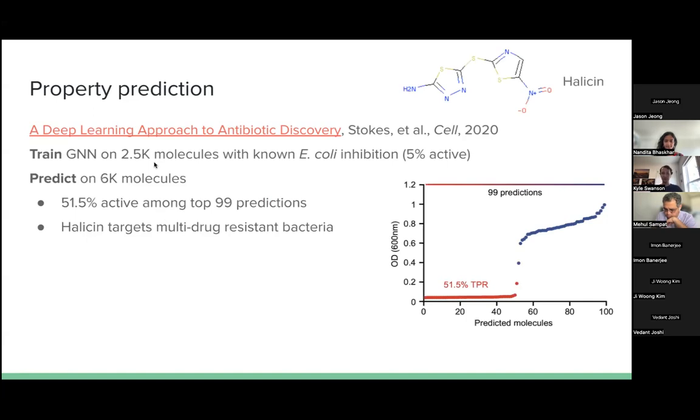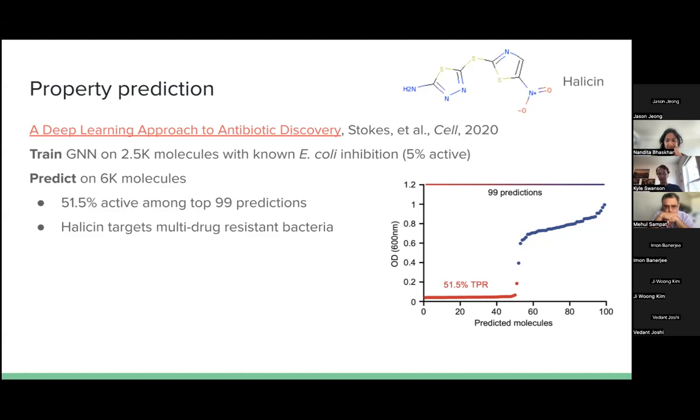And so in this approach, the way we went about it was we took that trained graph neural network, and then we applied it to a library of 6,000 new molecules and basically predicted for each molecule the likelihood that that molecule would inhibit the growth of E. coli. We could then take that list of 6,000 molecules, rank order it from most likely to kill all the way to least likely to kill. And then we took roughly the top 99 predicted molecules and actually tested those in the wet lab